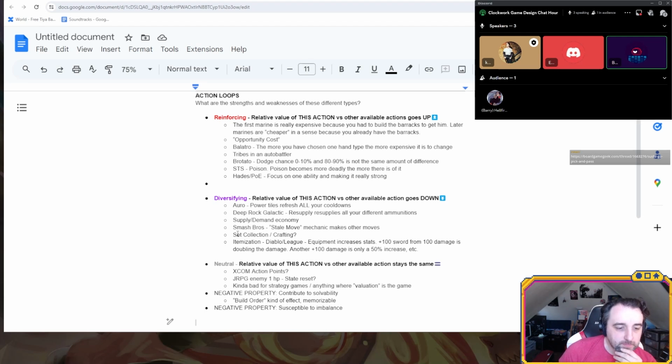So you can have actions that are closer to diversifying loops, but it's more like I do one action and it makes a handful of other actions more valuable, maybe in the short term or in the long term.